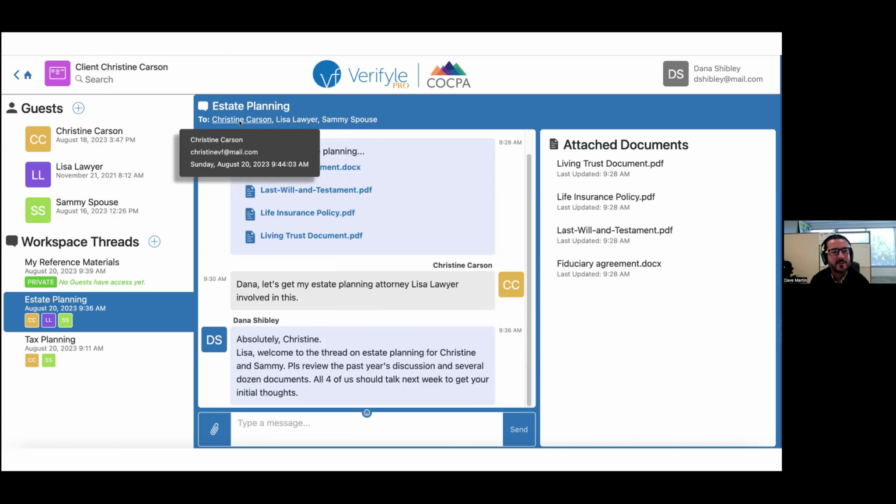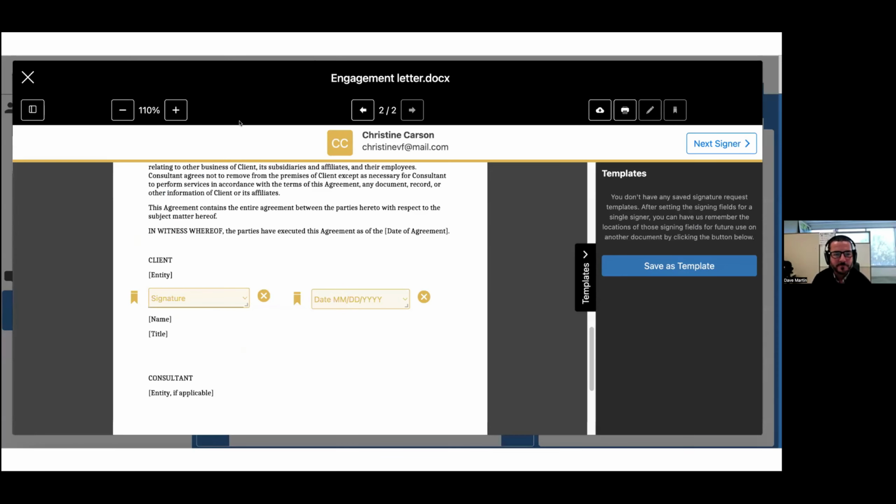If any of you can guess the signature that I have here on the screen, you get bonus points for guessing that correctly. Okay. So when you go to create a signature request, you'll basically open a document like this, and you will draw boxes where you want signatures to appear. And you have different options. So if I click this little down arrow, I'd be able to choose whether I want signature, date, initials, or a custom field. You can see here I've selected the date. So I draw these 2 boxes, and that's where I want Christine to sign and date this document.